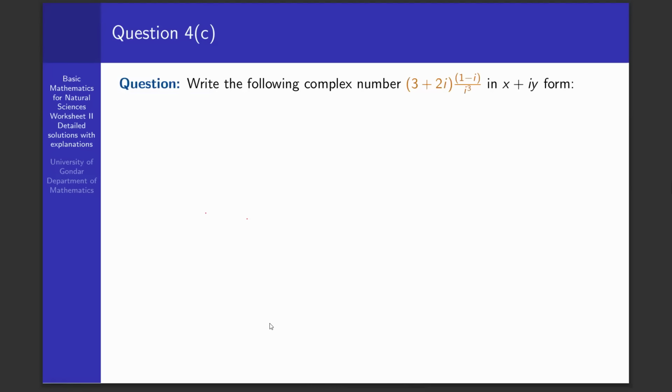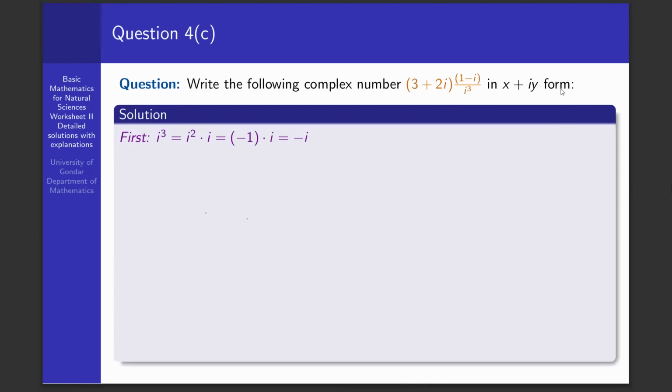The next one is question number 4c. Again, it is simplification of a complex number, writing this expression in the form x plus iy, that is, in standard form. If we follow the same procedure, the solution could be, first, let's take the cube of i, which is a pure imaginary complex number. i cubed is simply i squared times i, and i squared is minus 1, so times i it is minus i. And let's again expand the numerator, that's 2 plus 2i times 1 minus i multiplied by i over